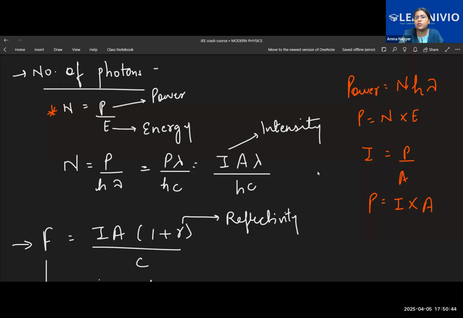See, basically, what is this formula? You are using your basics only. If you know this, you can just modify the equation and write anything. The main equation is this, which you should remember. The rest of it, you can form by yourself.